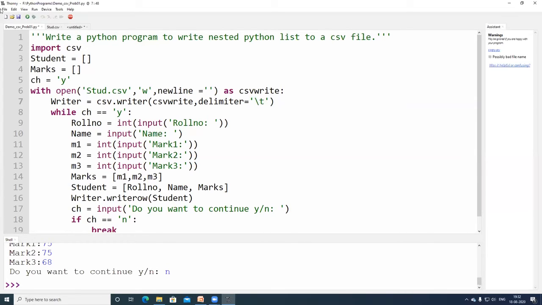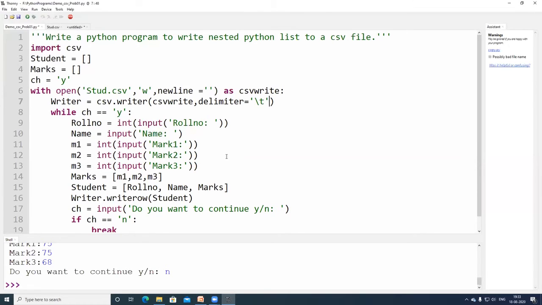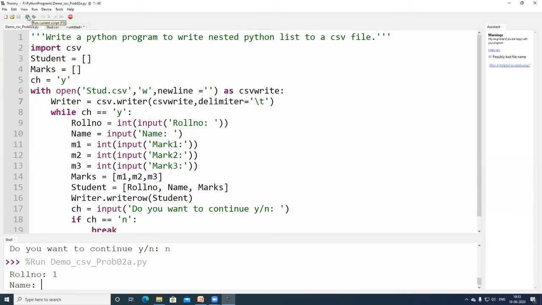I am trying to save this program as problem 2a. This is necessary. If this is present, then only we can read it. Now let me run the particular code. 1, Sundar, mark is 90, 90, 90.